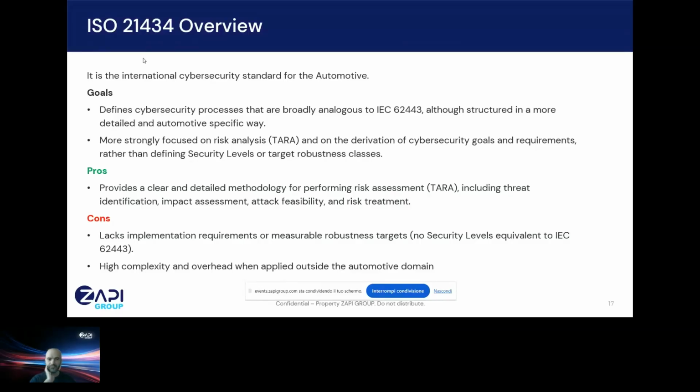So it is a good point to start for a person that needs to start from the beginning for the cyber resilience with the Cyber Resilience Act compliance, but it has some cons, and in particular, it lacks all the elements introduced by the 62443 regarding the cybersecurity requirements of the product and the classification about the security